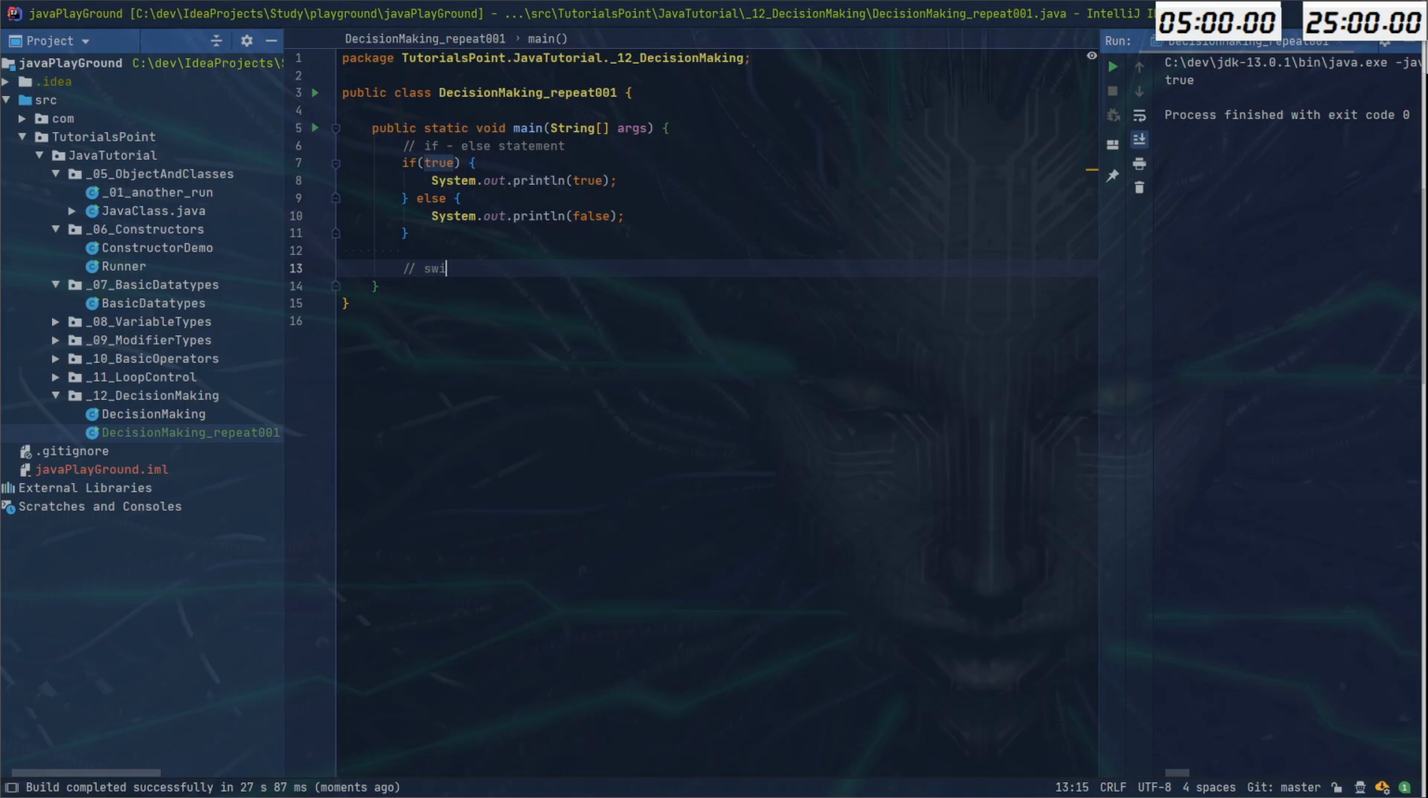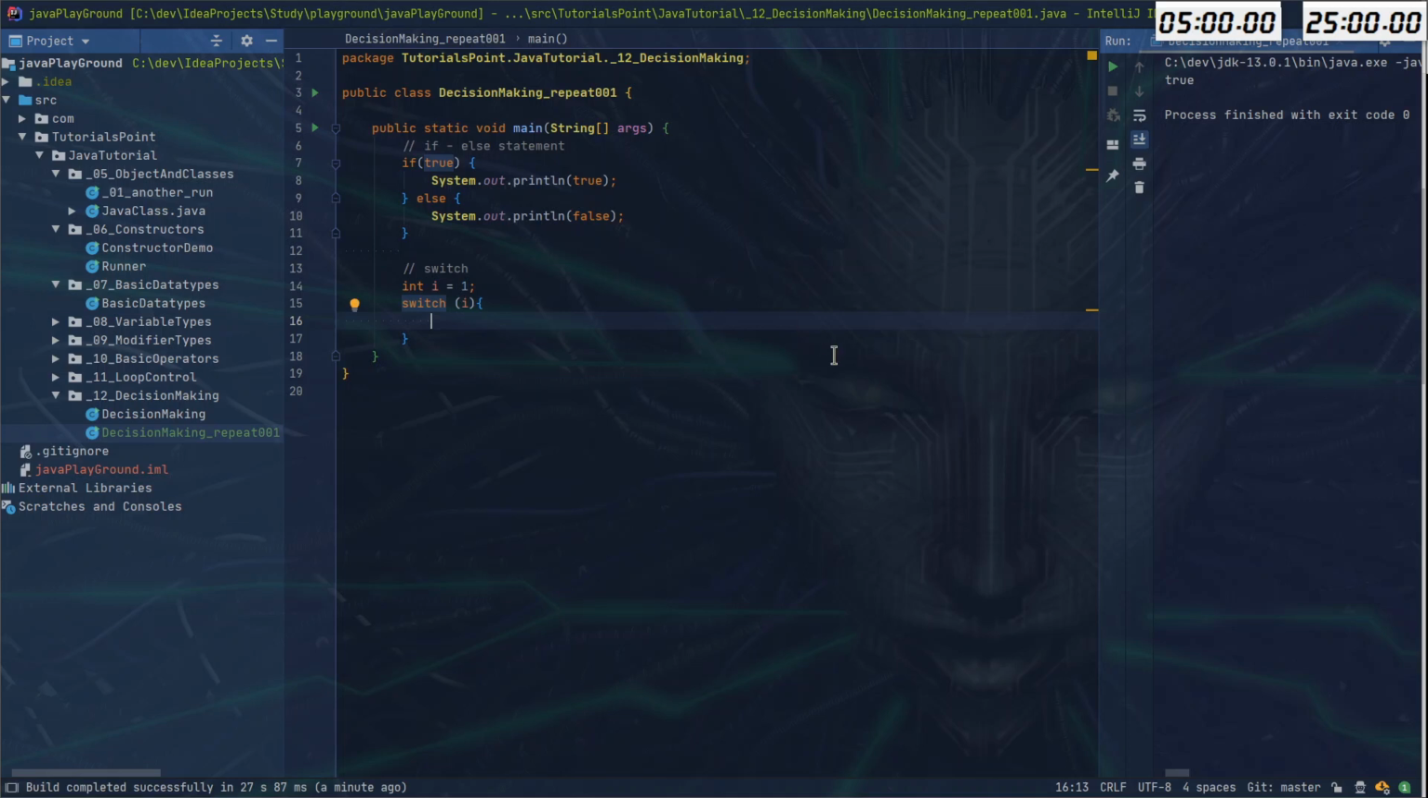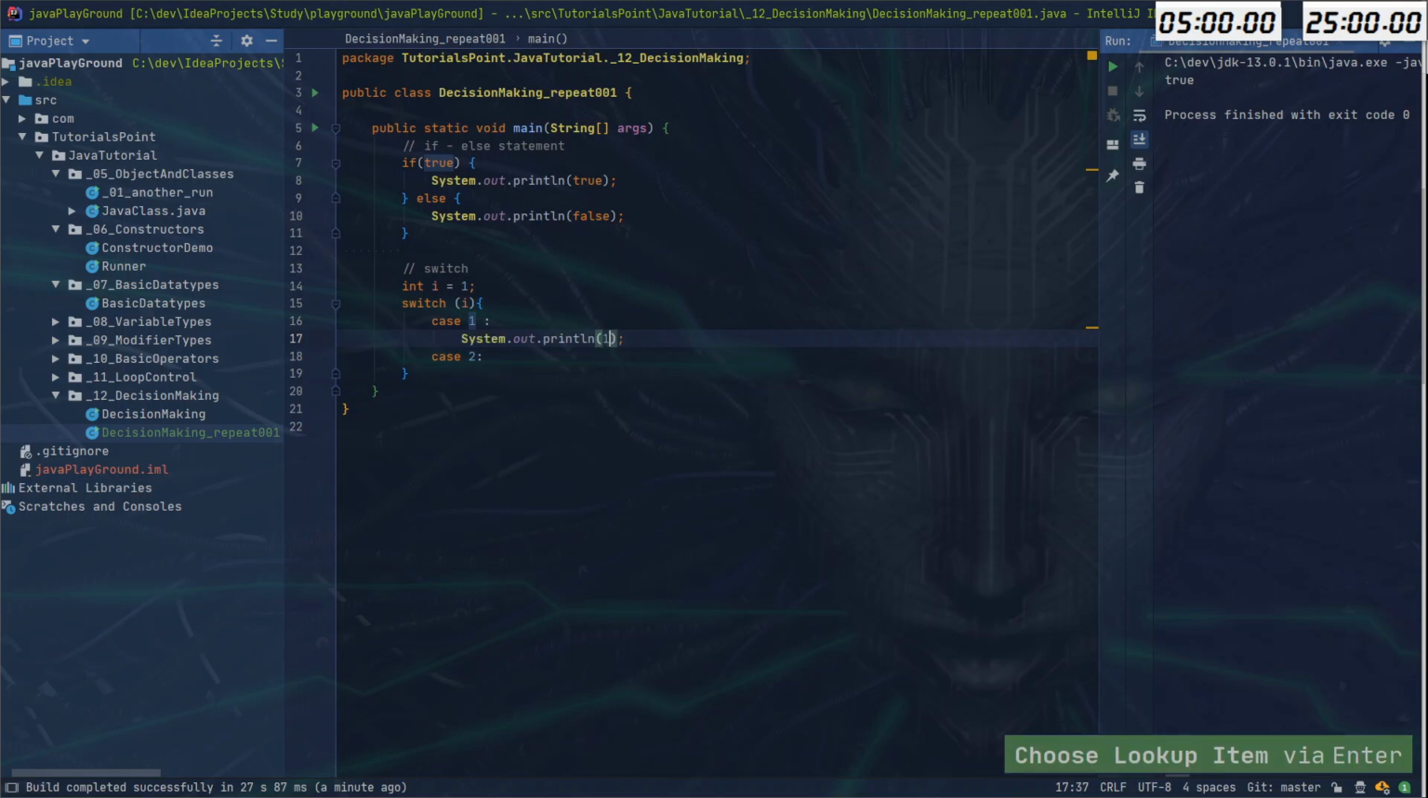Okay. Then we have switch. So let's say int i will be equal, I don't know, 1, and here we will have a switch, and we will switch on i, and here we will have the body, like so, and then we say case 1, I believe, case 2, okay, and we will say print 1, and print 2,